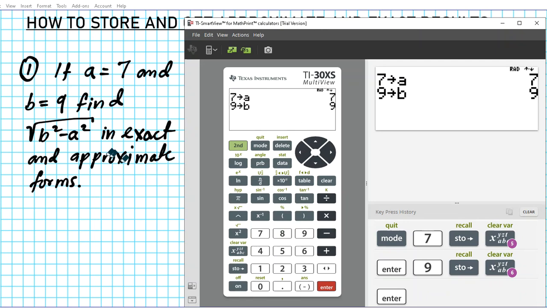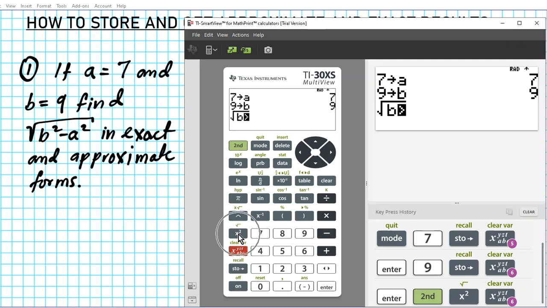Okay. All right, so now we want to find what the square root of b squared minus a squared is. So you press second function square root. Then we're going to have b squared. So let's enter that. So b, you go back to this button and press it until you have the b. So 1, 2, 3, 4, 5, 6. B squared, you can use this button right here, x squared, or you can use caret 2. So b squared